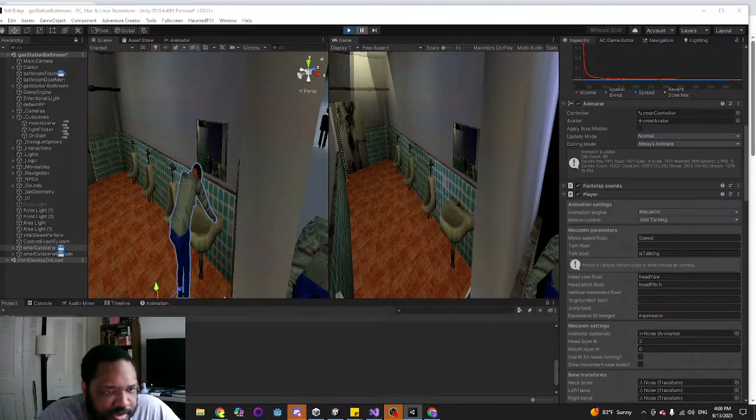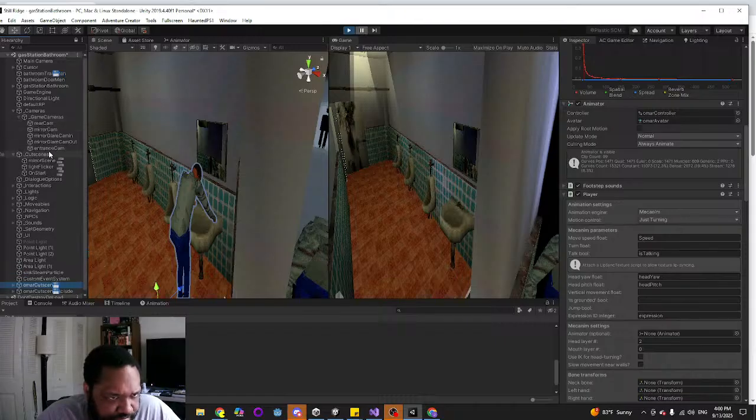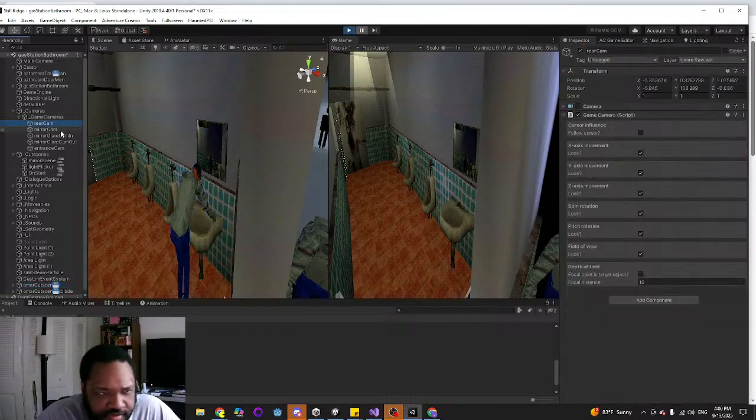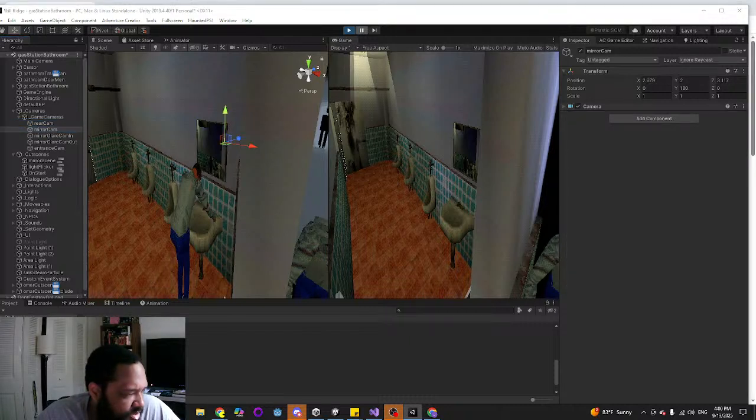I think what I need to look for is the actual camera. I need to figure out which camera is active.